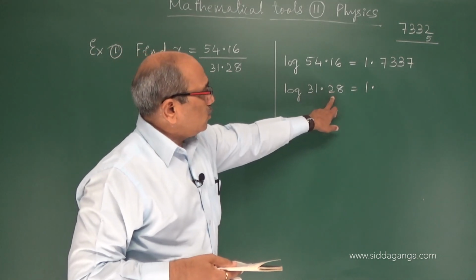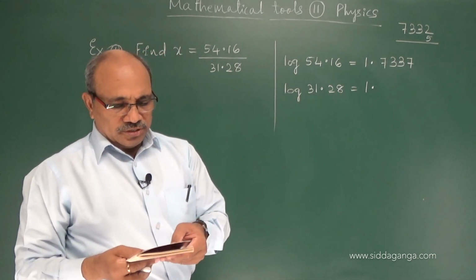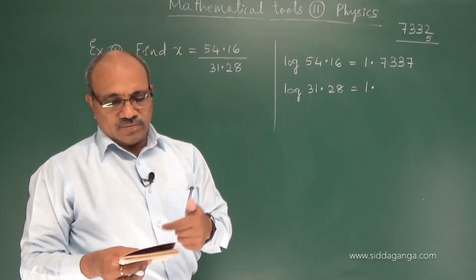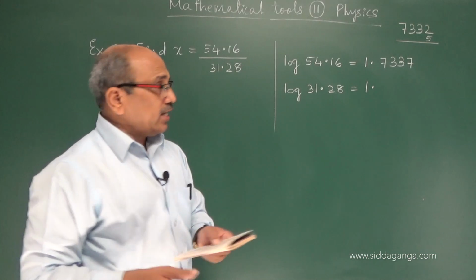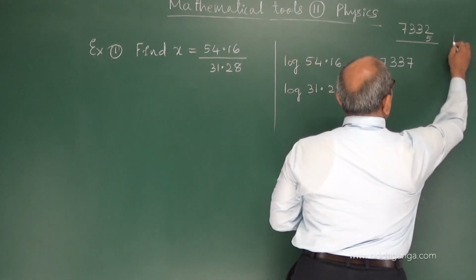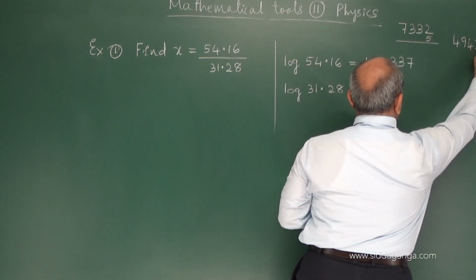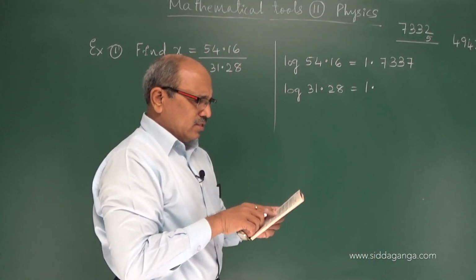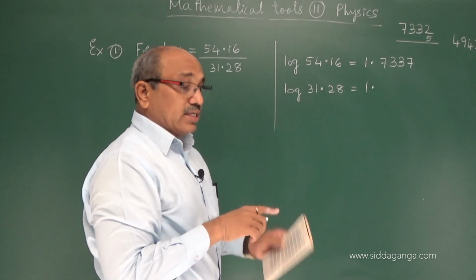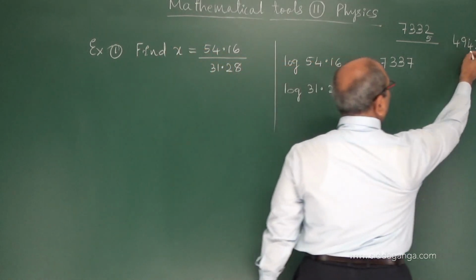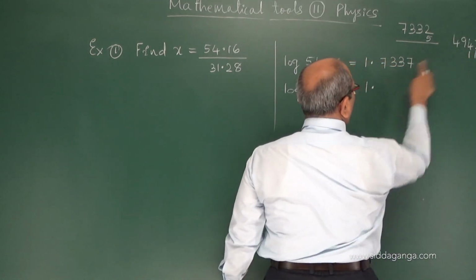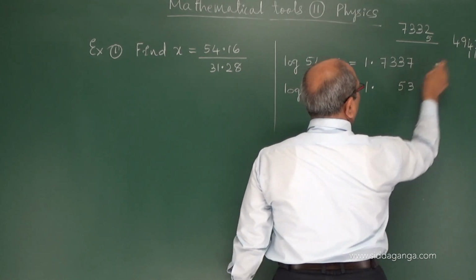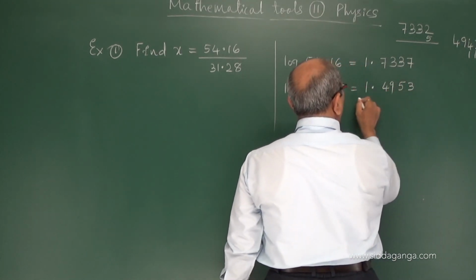Similarly 31, column 2: row 31, column 2. Again when you come across, 4942. And for the mean difference I have to see 8. For 8 there is the number 11. I have to add 11 to this. What we get is 2 plus 1 is 3, 4 plus 1 is 5, 4, 9.